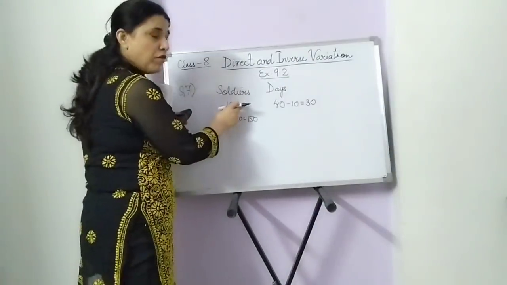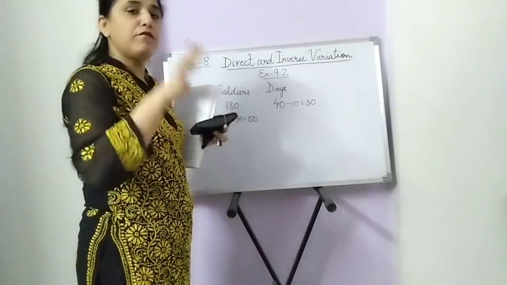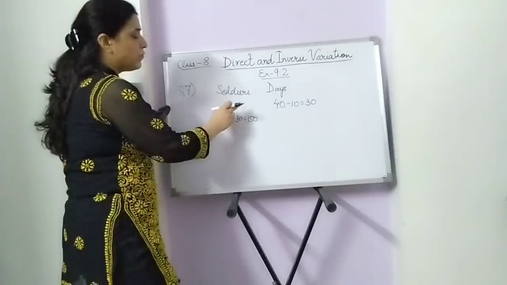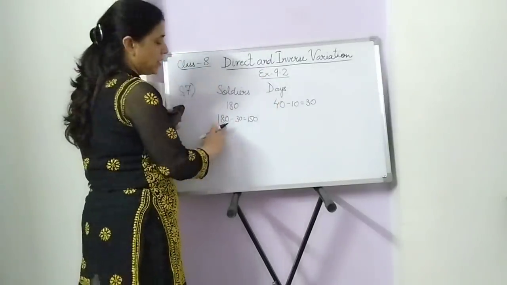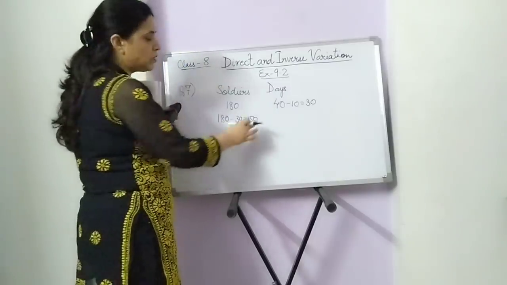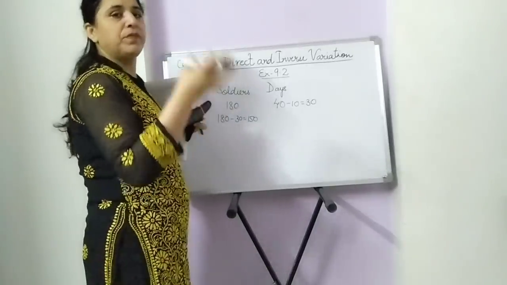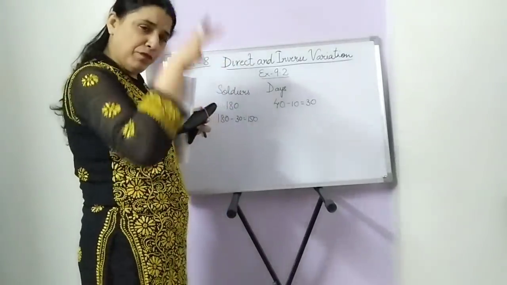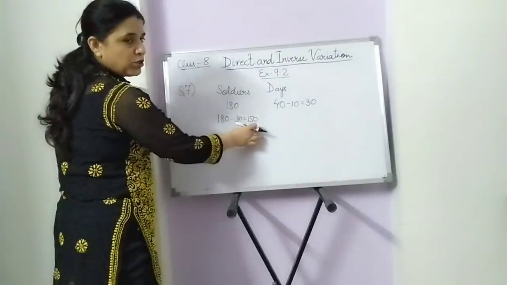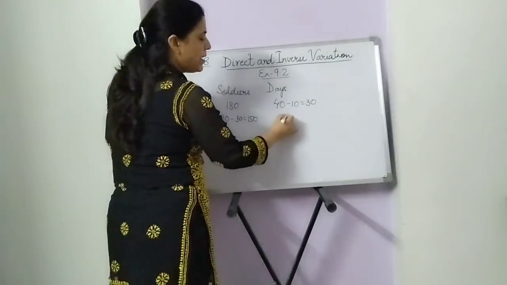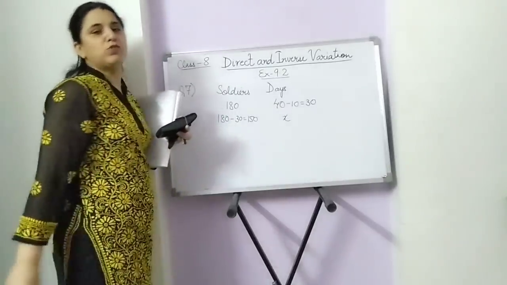The leftover food was there for 180 soldiers for 30 days. Now some soldiers are leaving, so the number of soldiers is less. Like when your papa goes somewhere on a tour, the food ration will last for a longer period of time. So the soldiers are decreasing. How many days will the leftover food now be consumed by 150 soldiers?